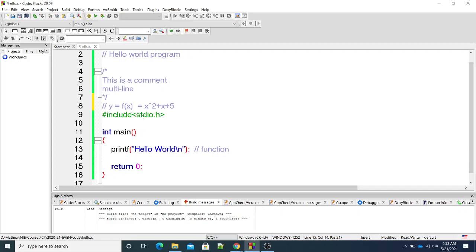Okay, that way there are hundreds of functions written by many people and contributed to the C language, which we can readily use in our program. Now if we want to use such a function in our program, there will be a header file corresponding to each and every function, and we have to include that header file in our program.